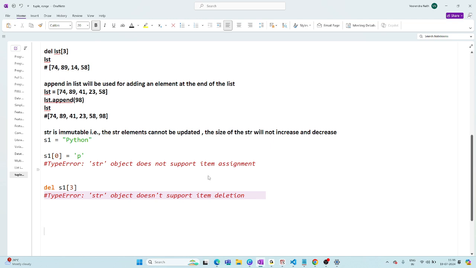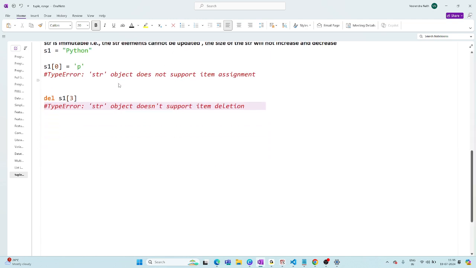Now, coming back: creating a list or a string from the classes list and str. So you are creating a list by using list and str.